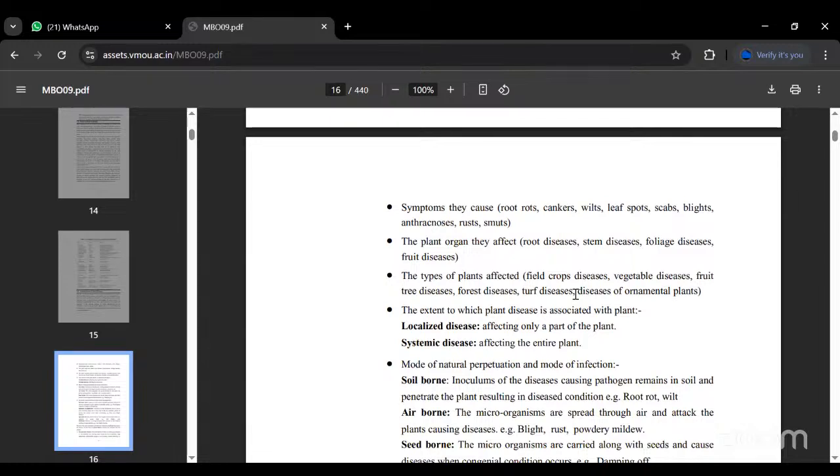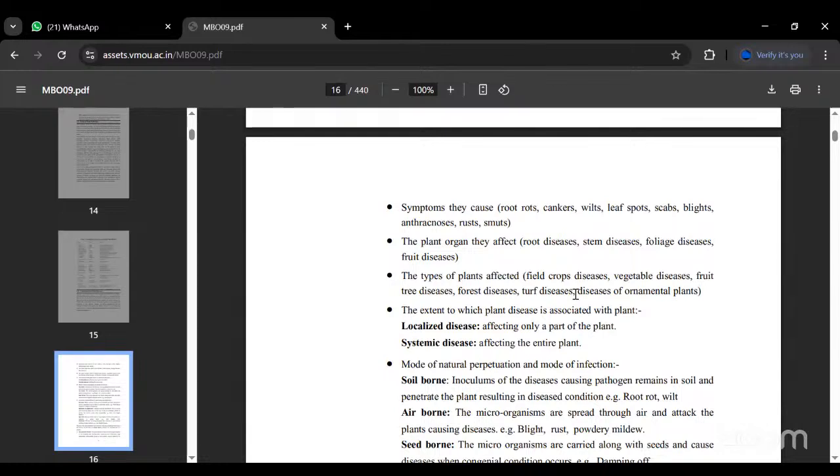These are the ones. And coming to the plant affected, that is field crop diseases, vegetable diseases, fruit tree diseases, and next one is called the extension with plants disease associated with the plant, that is the mode of natural